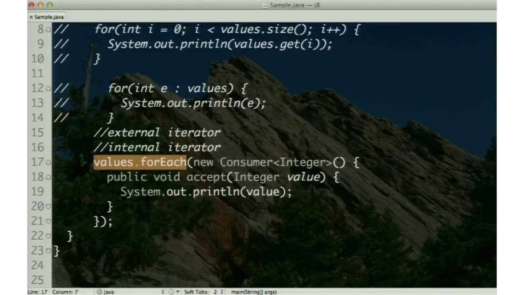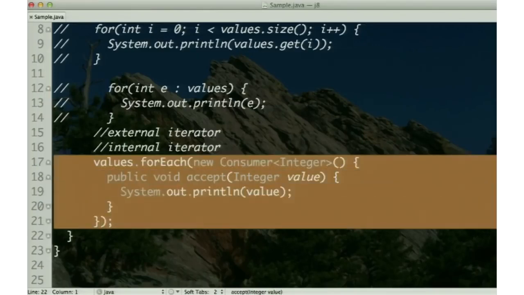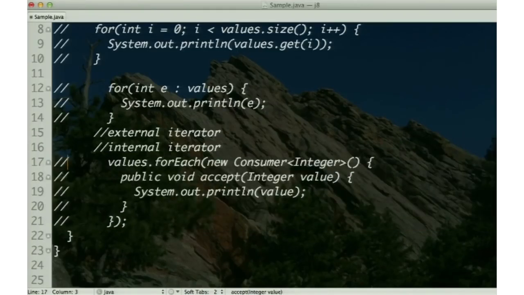So while this is really better in a lot of different ways, we all can agree that this code has a lot of ceremony in it. This smells really bad when you look at it. You don't feel good after writing that code, right? So what do you do about it? Well, thankfully, we don't have to write that code. So what we are going to do is we're going to simply say